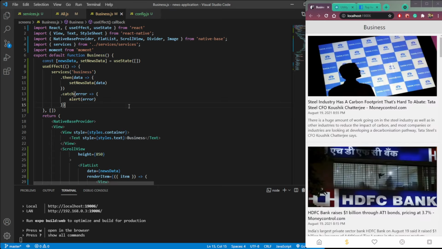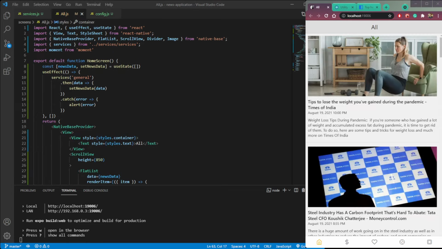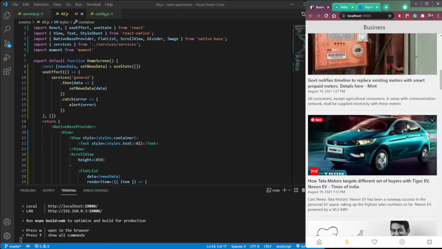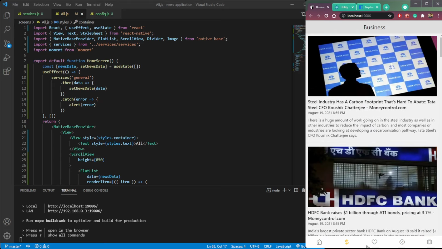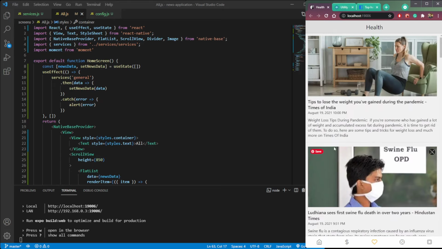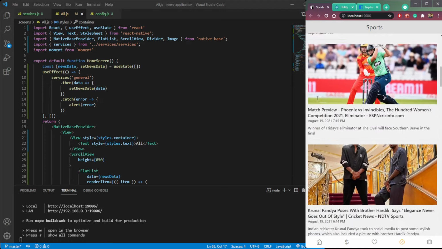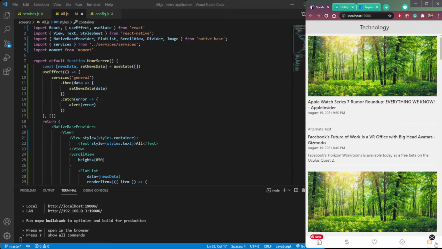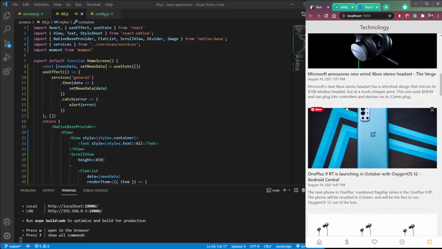Now let's repeat this step for all the other screens. So I have done this for all the screens. So we have all news here, then we have business news here, then we have health news here, only health, sports news here, then tech news here, technology.